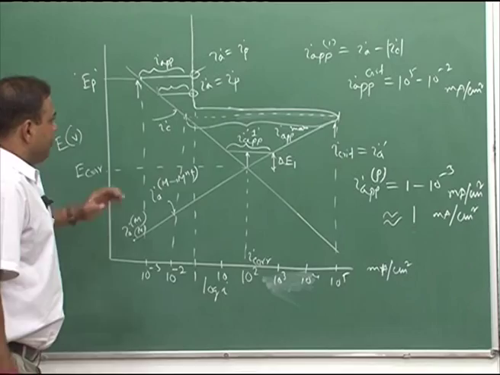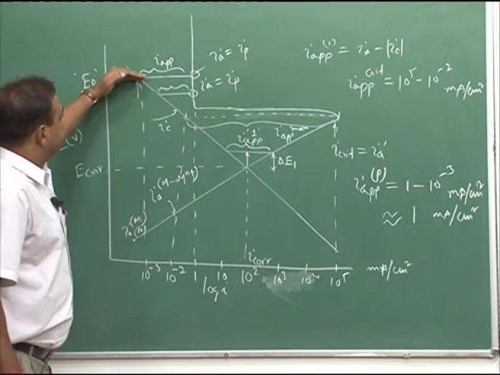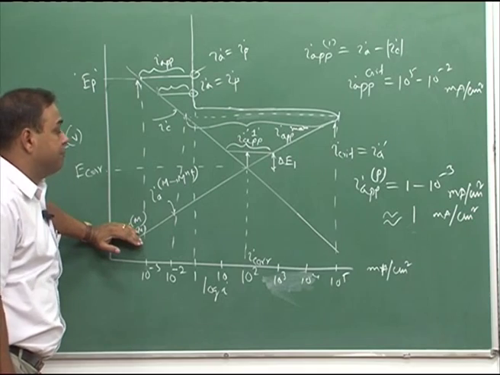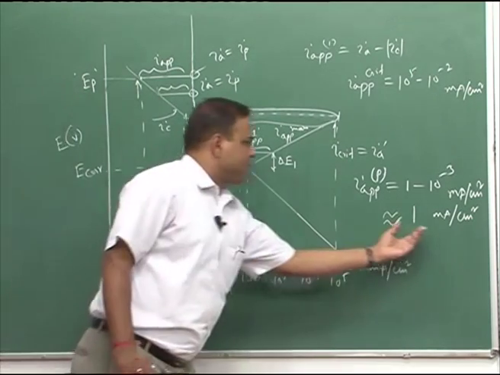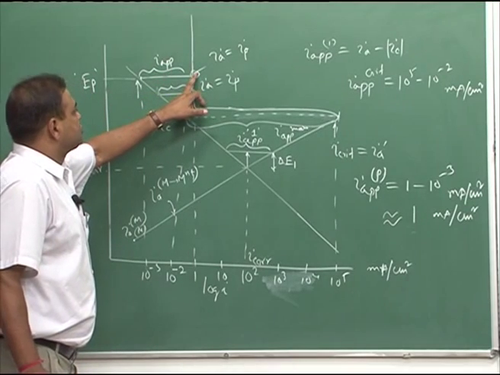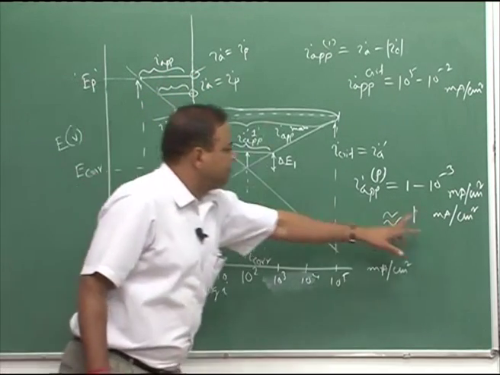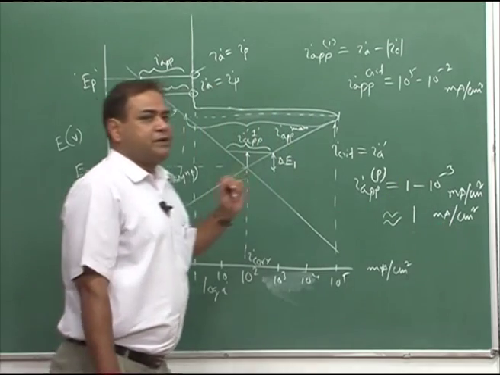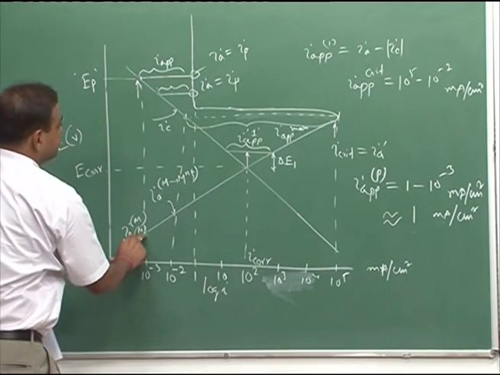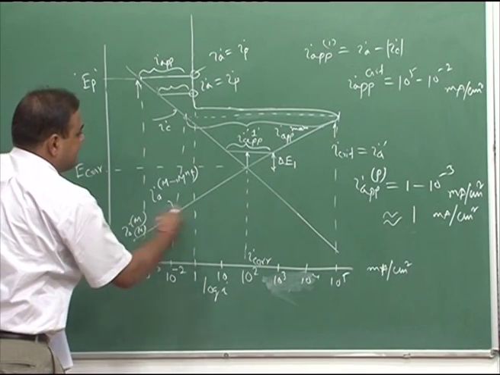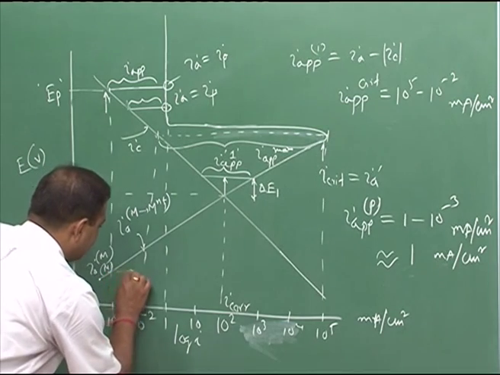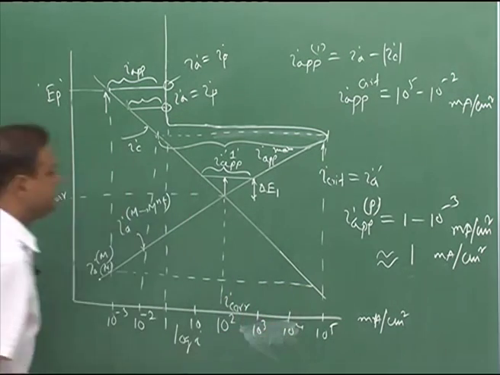Now, if I can keep the potential at this point for this active passive metal, which is M, I need to send a very small current, but still I will come across the corrosion current density of the order of 1 milliampere per centimeter square. But this much current density I can achieve by cathodic polarization also. So, if I achieve that cathodic polarization, the same current density,